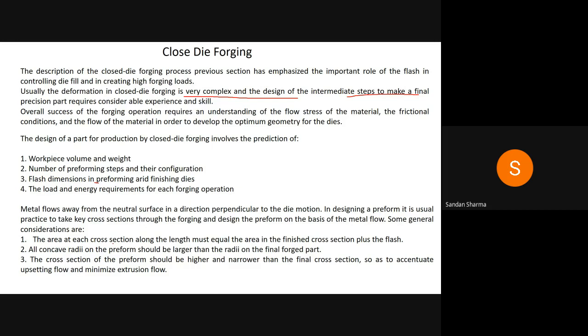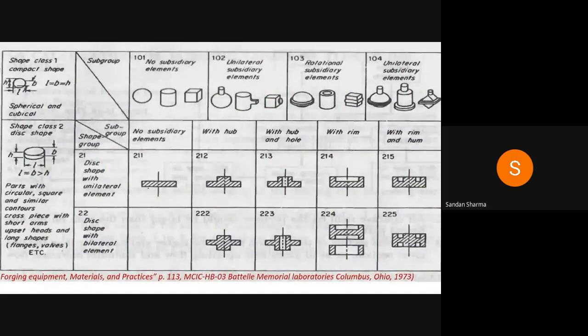Also the sharp edges or whatever complex structure you want to get will be difficult if you are going with a simple bar, and if you want to go for that complex condition, then stress will generate more and residual stresses will be more. It can go for fracture and everything. So in that condition we have to go with the preforming condition. So these are the parts where, in closed die condition,